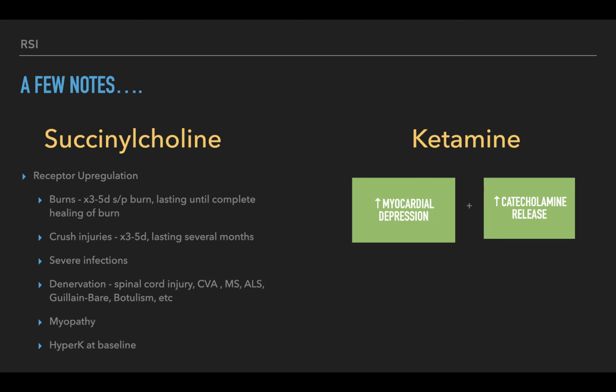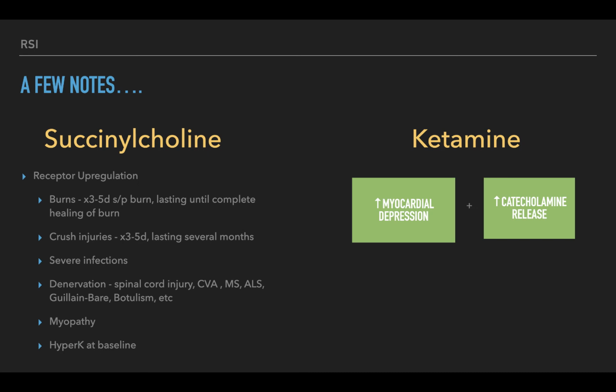And then a quick note about ketamine. The mechanism for how ketamine works is it actually has a little bit of increased myocardial depression, but it counters that with an increase in catecholamine release. And that second thing was what got us interested in maybe ketamine will be this wonder drug for induction in hypotensive